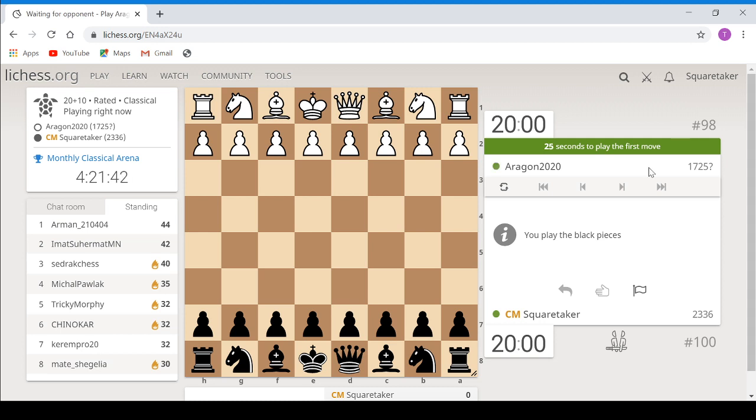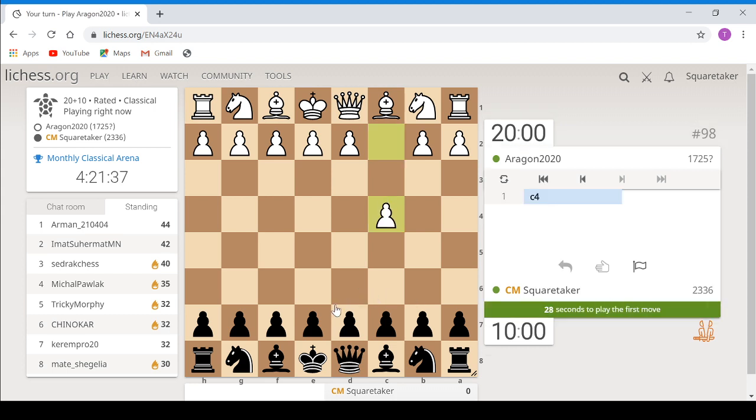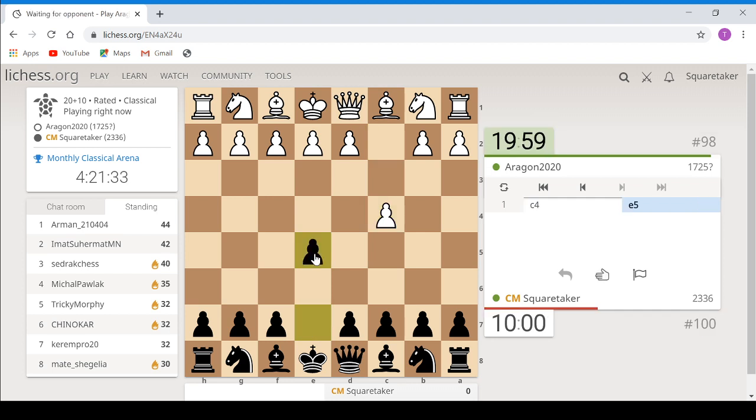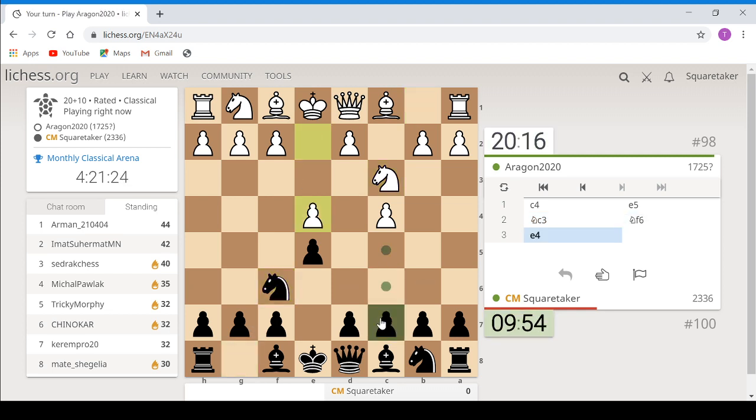Okay, Aragon. I assume like Catherine of Aragon, maybe. Alright, okay, well I'll do a reverse Sicilian. Used to know the theory really well, but I've started to not play this a lot. Oh wow, they're playing the whale